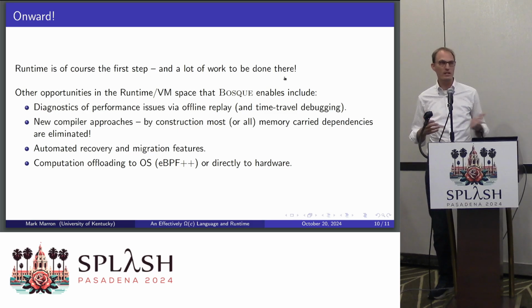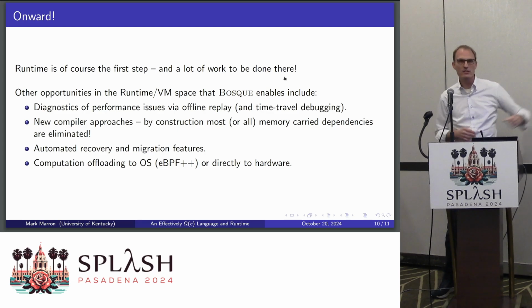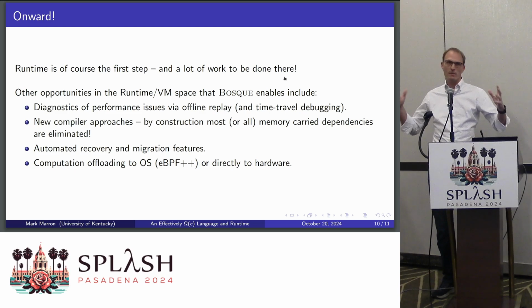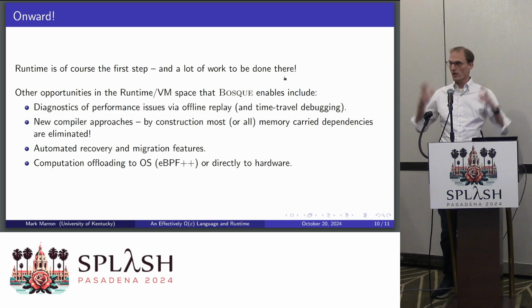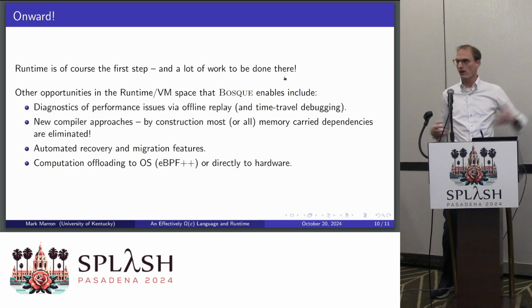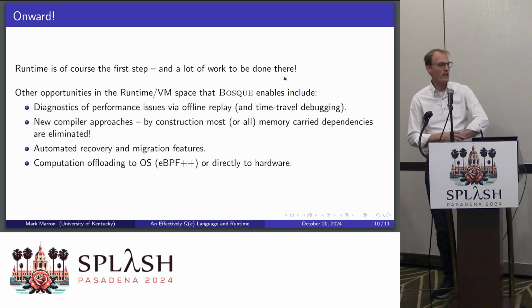Can I do a much more aggressive common sub-expression elimination pass? Very interesting things about my code now being fully deterministic. Does that make it a lot easier to think about how recovery or migration works in a distributed system? So I thought this was a really exciting demonstration of how these properties enable more than just verification. They enable you to do interesting stuff up and down the runtime stack.